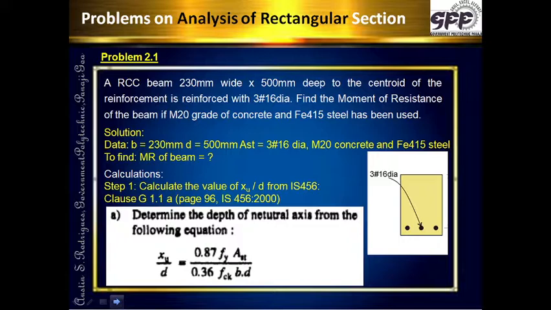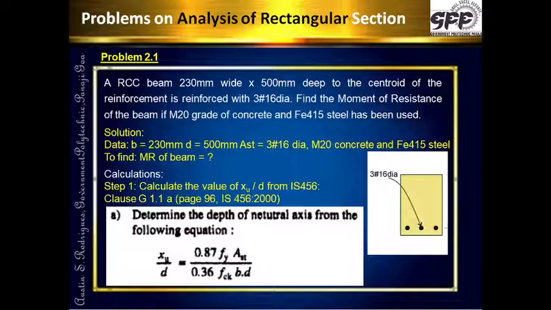And today we are going to see some problems on analysis of a rectangular section. A rectangular section which is used for a beam, what is its moment of resistance, or the other variants of the problem, like what could be the load which could be allowed on the beam, what could be the superimposed load other than its self weight, what could be allowed on the beam. This type of problems we are going to see today.